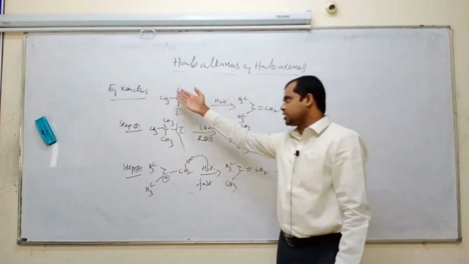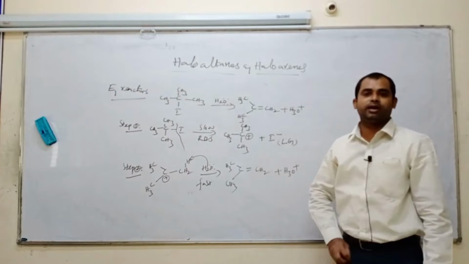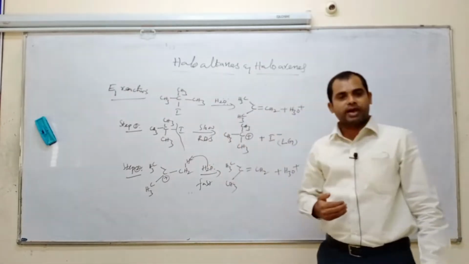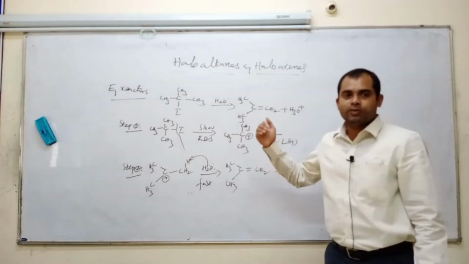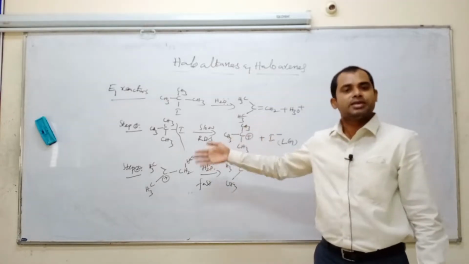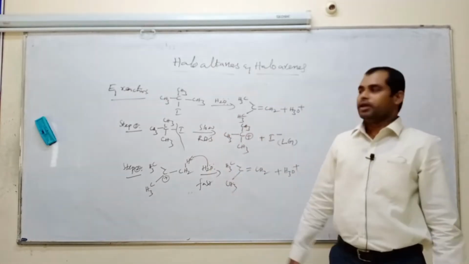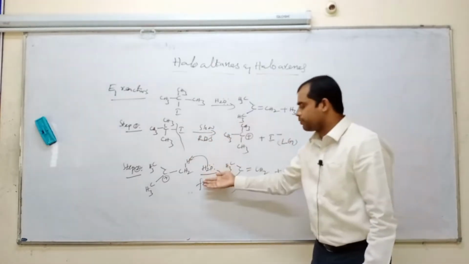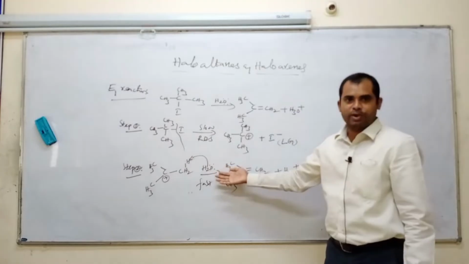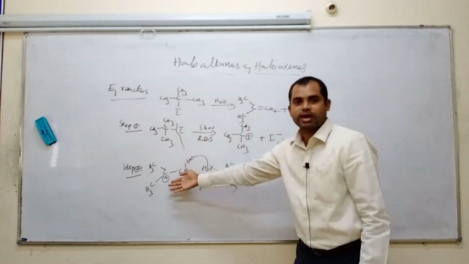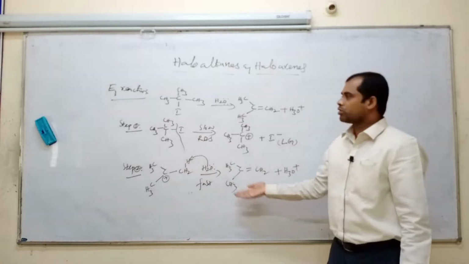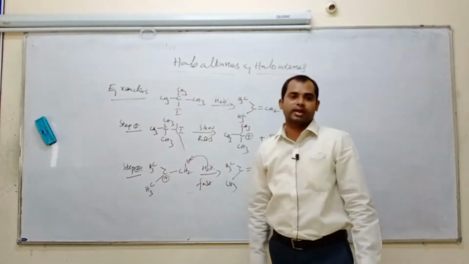This is the information about E1 reaction, nothing but unimolecular elimination reactions, same like the SN1 mechanism. How does SN1 form? Two steps, the same process is involved here. Here also, in step 1 they form the carbocation, and in the second step the water molecule acts as a weak base and attacks the carbocation, and they form the alkene. So this is the information about E1 reaction.